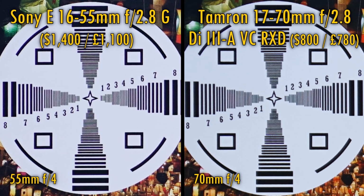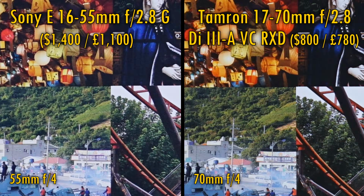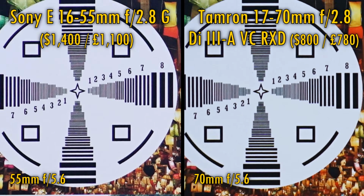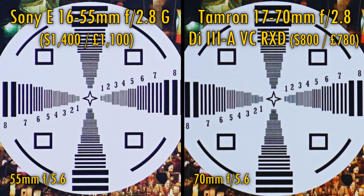Stop down to f4, and the Sony lens is a little sharper in its image corners now, but back in the middle, the Tamron lens has rallied itself and both of them look fantastic. At f5.6, the lenses are just as sharp in the middle, as you'd expect, but the corner image quality of the Tamron lens has now increased in contrast, looking excellent, although the Sony lens is still just a little step